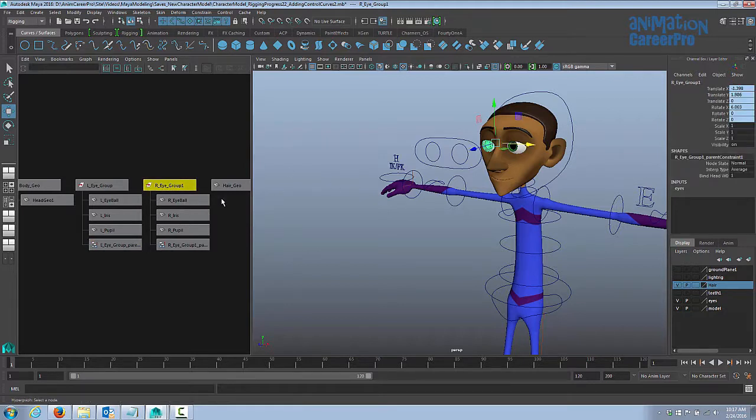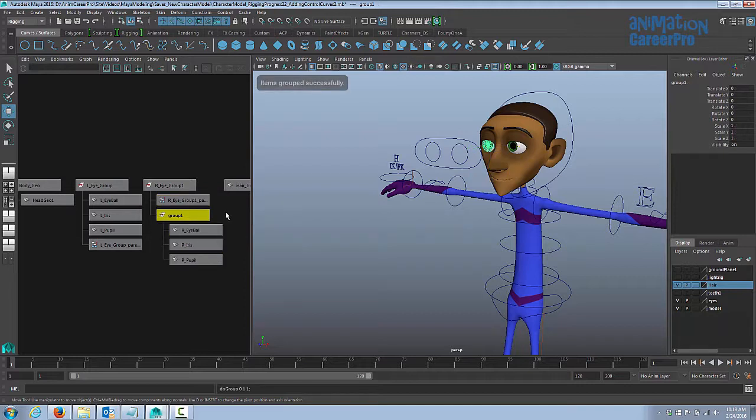We're going to create a new group, and if you remember, we have 3 different pieces for each eye. So we're just going to drag a box over these nodes, and we'll hit Control G on our keyboard to make a new group. And you can see that the parent constraint for the old group goes right underneath the right eye group. So now we have a new group with all the eyeball pieces underneath it. So we'll just name this new group Right Eye Aim Group. So we're going to use this group node to constrain our eyes to the controls.